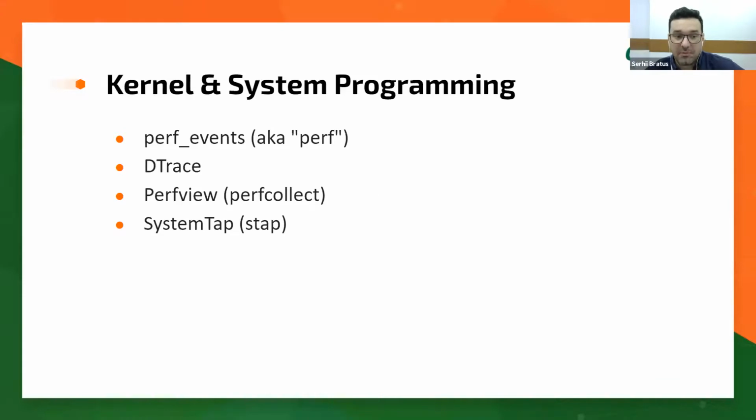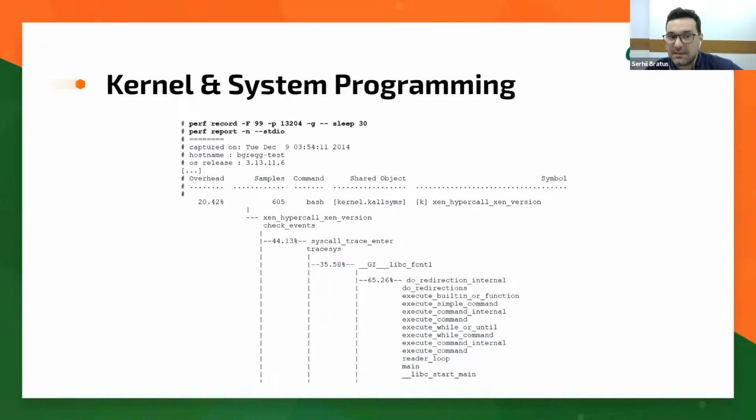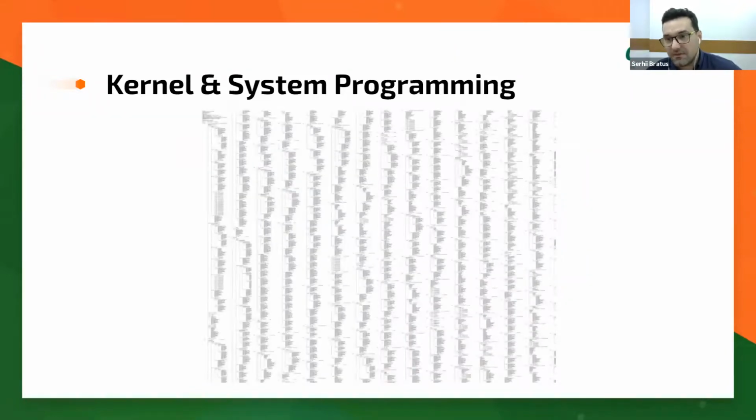And if you output this information in text mode, you'll get something like this. You record the process with some frequency and then report it, and you'll see some kind of graphs that show you the execution time and percentages which were spent in some functions during the execution. This looks good when the program is not really complicated, or the stack traces are not that deep. But sometimes with this approach, you can get something like this, and this will not be as convenient as it was from the very beginning.